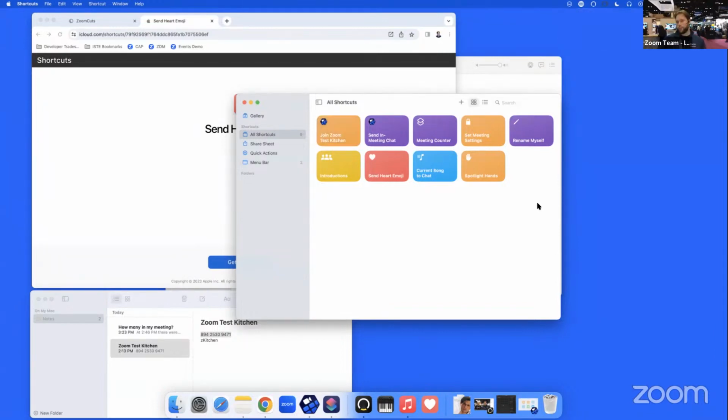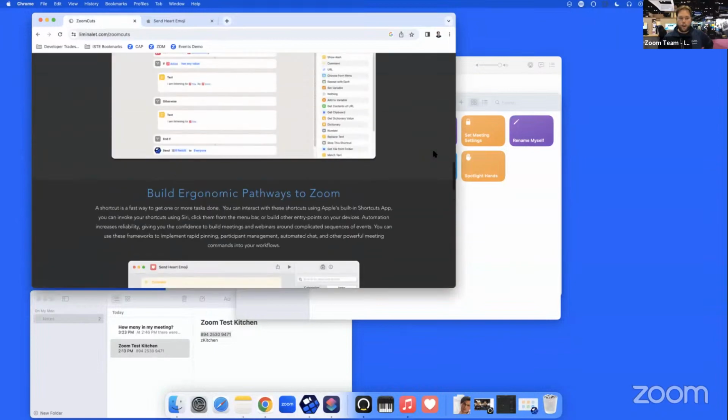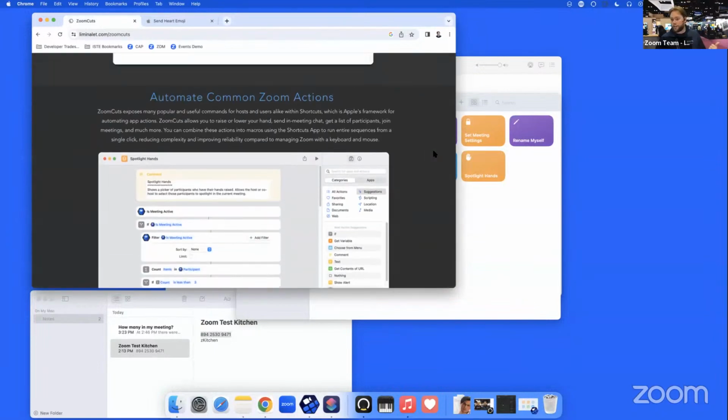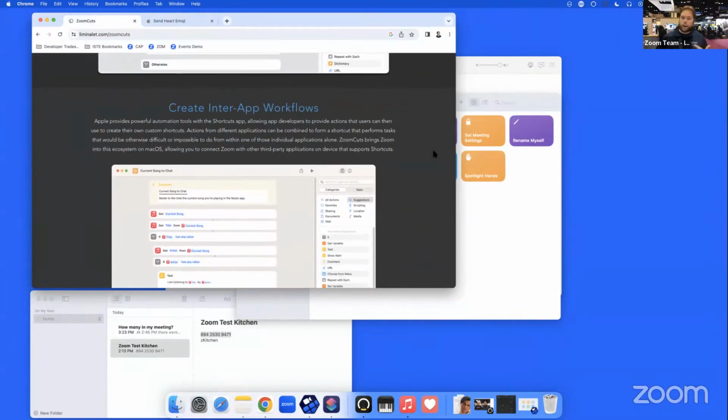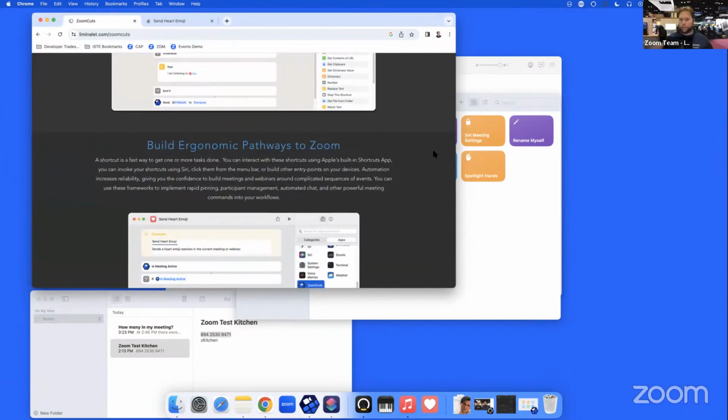You can run these from Siri, you can run these from scripts if you want to get on the more powerful side. If you use things like QLab, you can run them from there as well. So there's a whole lot of different things that you can do, and a lot of different entry points. So again, those three motifs that we talk about are automating common actions with macros; creating inter-app workflows, like go to the Music app, get the song name, paste that in the chat, right? Talk to the Notes app, put data there; and then finally building more ergonomic entry points into Zoom, being able to trigger stuff from the menu bar, the dock, or Siri, or all sorts of different ways of doing it. That's a lot.